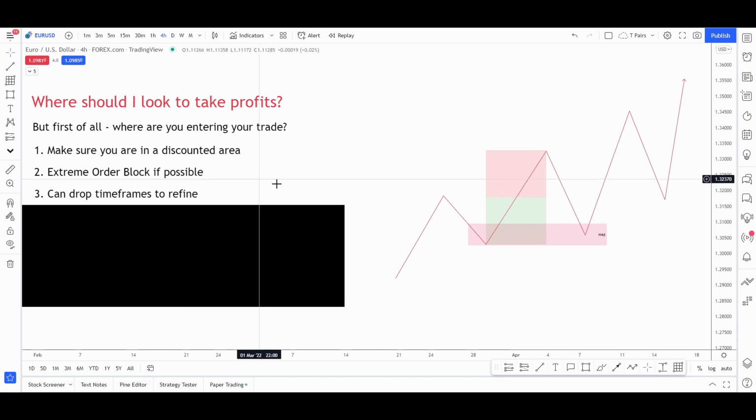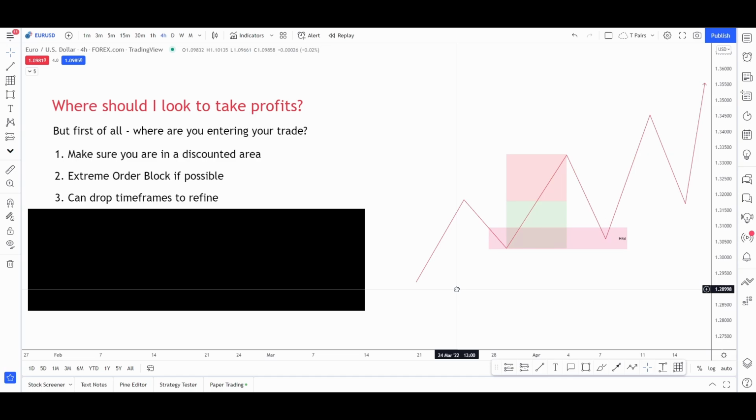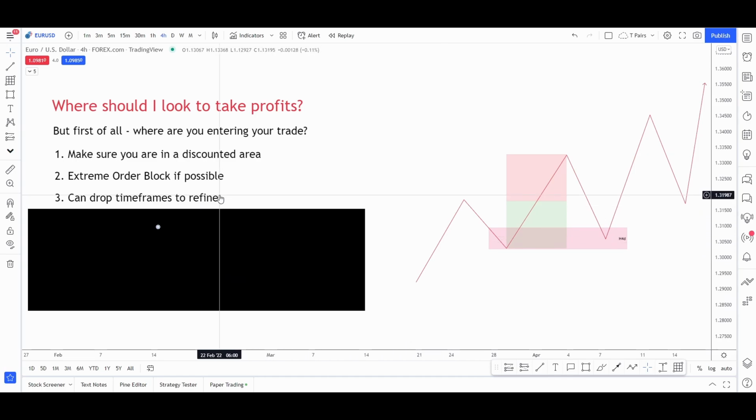Now, what's next? We can drop the time frames to refine our entries. In the examples below, I'm not going to be dropping the time frames. We're just going to be looking at the 4 hours. But what you should be doing is to try and drop your time frames so you can reduce your stop